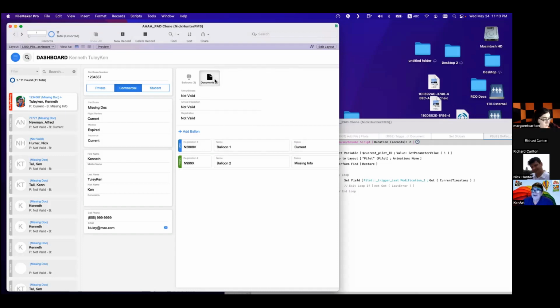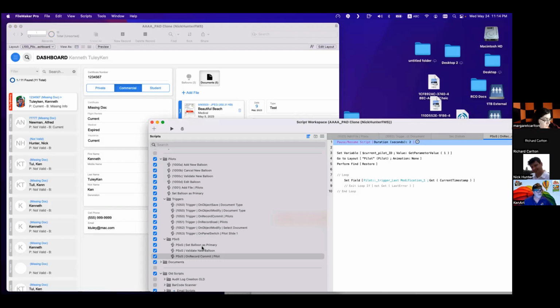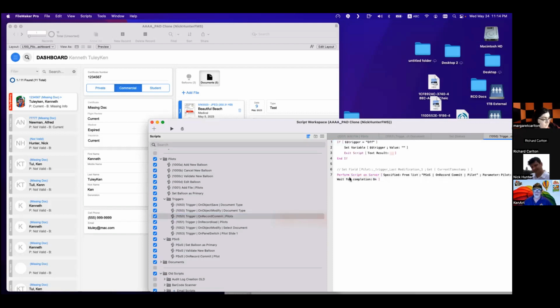So I have the error. So it's busy, right? So I got the error. So let's say I have this busy, okay, and so I'm making a change here, right? And so the script won't return an error because it has to wait for this. So let me do something else here, okay? I'm showing you how to perform a script and simulate on server without being on server. I demonstrated that many times, right?